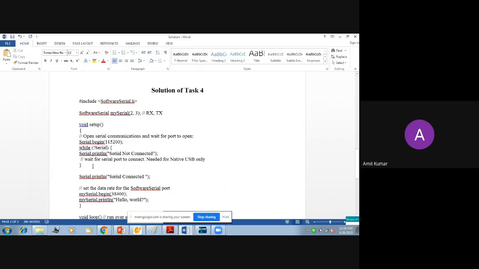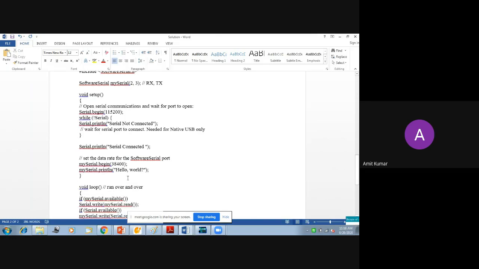This is for checking whether your serial is free or busy. Sometimes it may happen that serial is sending data and you are sending a request. At that time it will send you this message: serial is not connected, or you have removed your hardware.